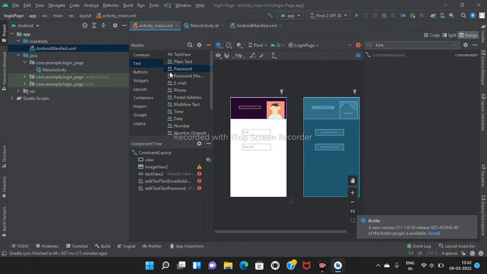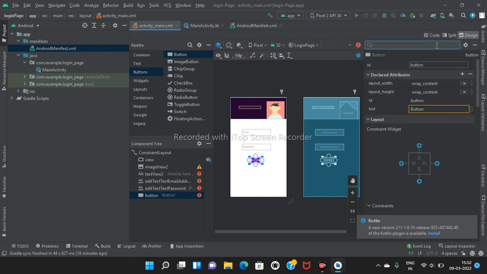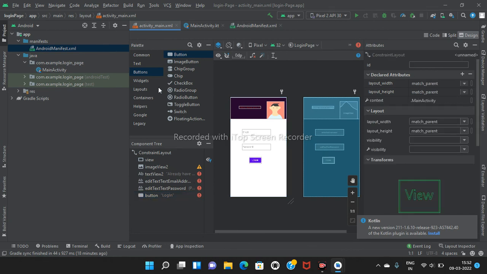Next I am going to take a button for the login. So this is my login button. Text should display login. Next I'm going to take again a text.